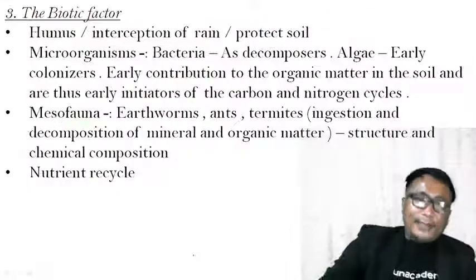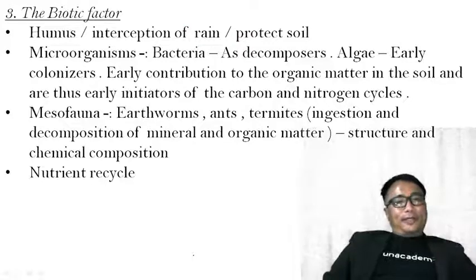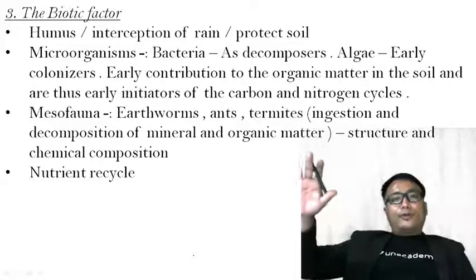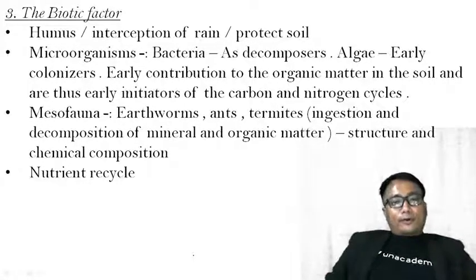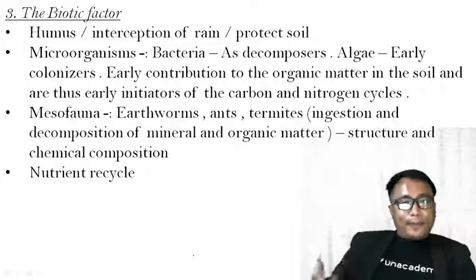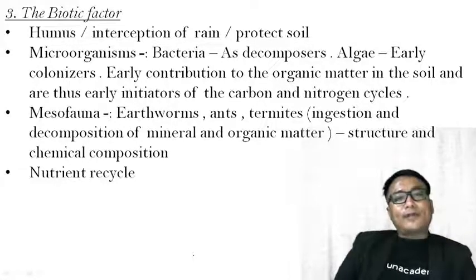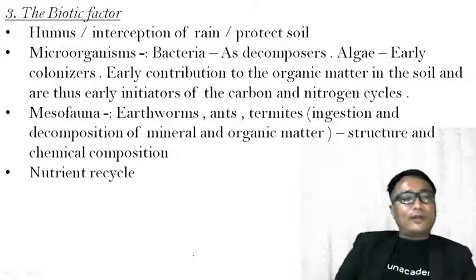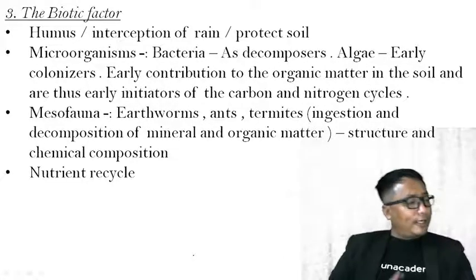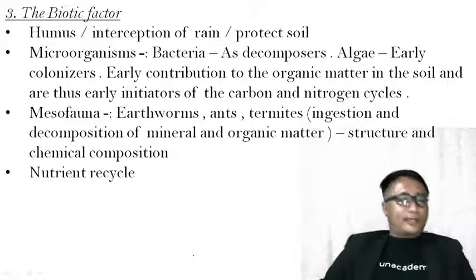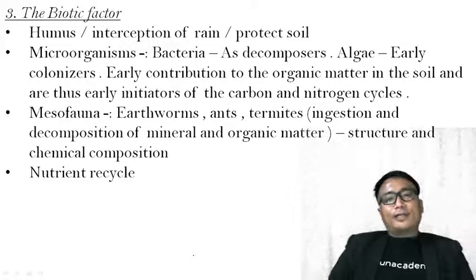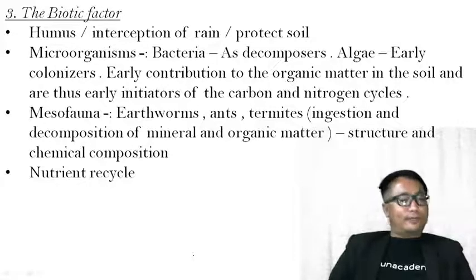Clear? Next process is the biotic factor, that is the supply of humus and how the rain is intercepted, whether they are exposed to erosion or protected from the erosion, the microorganism, that is the bacteria which is present, the mesofauna and the nutrient cycle, all of these factors, how they influence the soil forming processes. This we will continue tomorrow. We'll end the session here today. We will continue with this biotic factor tomorrow, along with the classification of soil in different parts of the world.